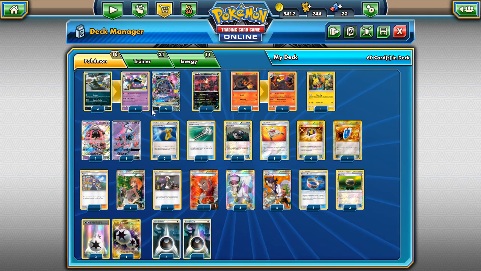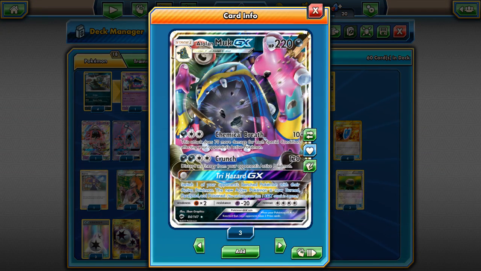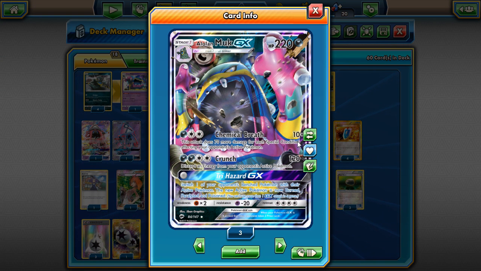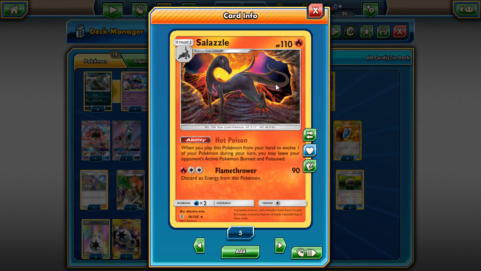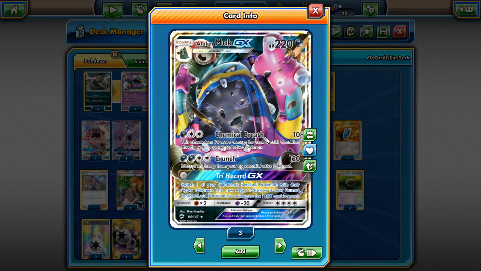Muk has gotten a lot of hype. A lot of people have been talking about it, mainly because it synergizes very nicely with Salazzle from Guardians Rising, not the new Salazzle. So it has the attack Chemical Breath. For a Dark and a DCE, you do 10 damage, 70 more damage for each special condition on your opponent's active Pokemon. Now this is powerful when you combine it with Salazzle, with Hot Poison. When you play this from your hand to evolve one of your Pokemon, you may leave your opponent's active Pokemon burned and poisoned. So that's not only an extra 30 damage in total, but it does let your Chemical Breath